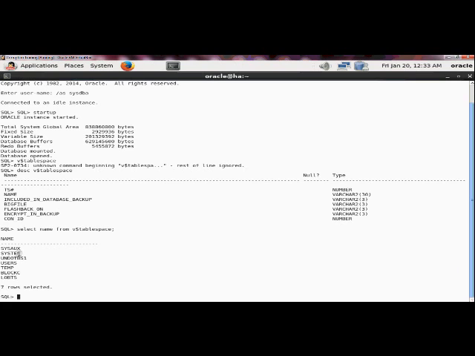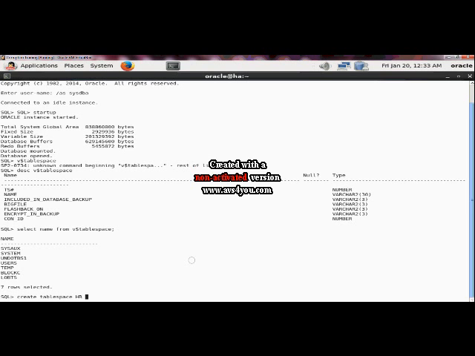Here is the SYSTEM tablespace which we were reading about, and apart from the SYSTEM tablespace, all tablespaces are non-system tablespaces. So I have 7 tablespaces. Now I want to create one more tablespace. What would be the command? Create tablespace, then the name. Let's put Osman. Otherwise, if you want to put HR data or finance data, put HR, so that you can know this tablespace would contain the HR data.